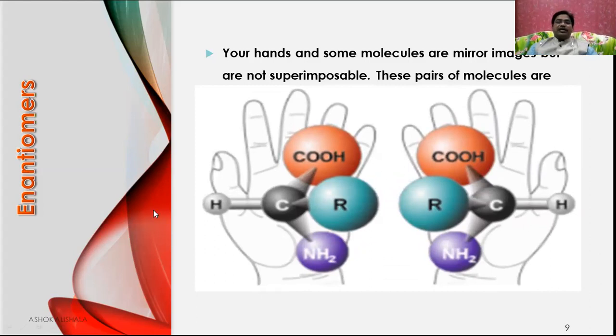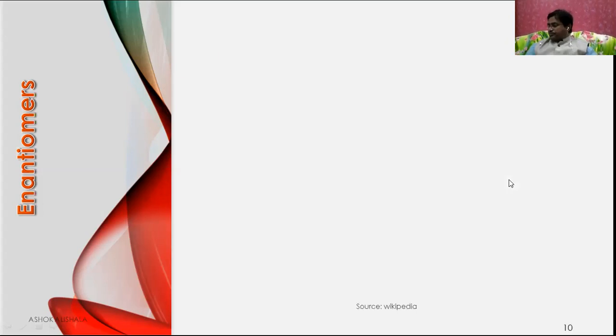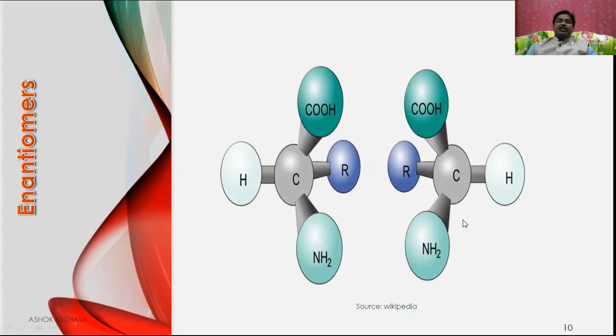You see this carbon is attached to four different groups, and assume that one is placed over the other. When one is placed over the other, they are never superimposable. Such pairs of molecules are called enantiomers. That is, isomers which are non-superimposable mirror images are said to be enantiomers. Now let us see another molecule. You see the carbon and alkyl group, the same as in this molecule. It is a 3D structure, and assume that it is completely placed.